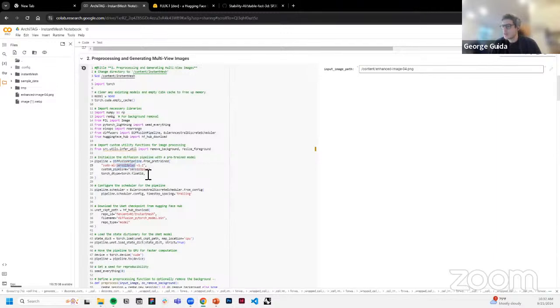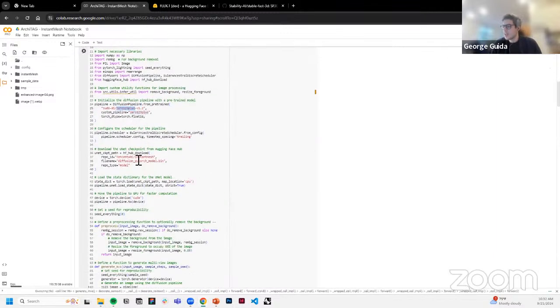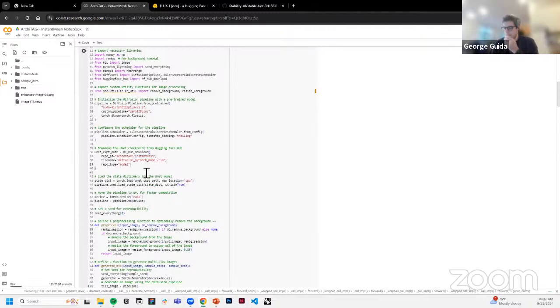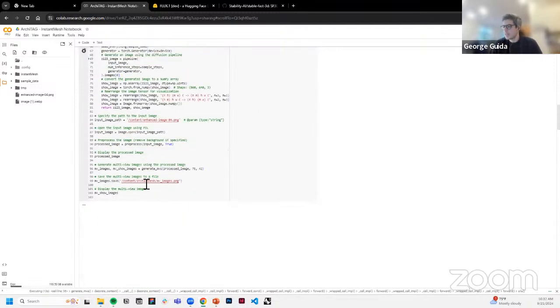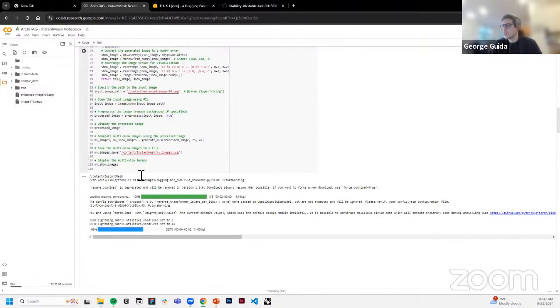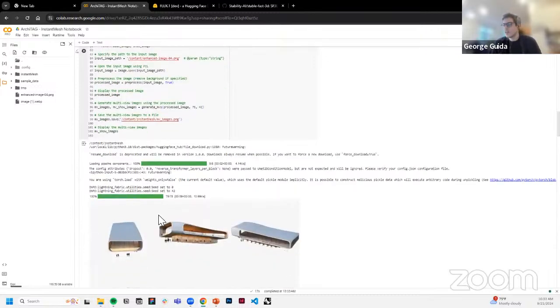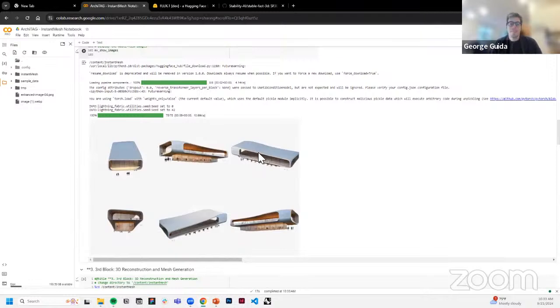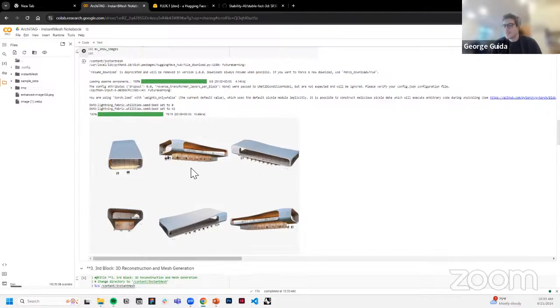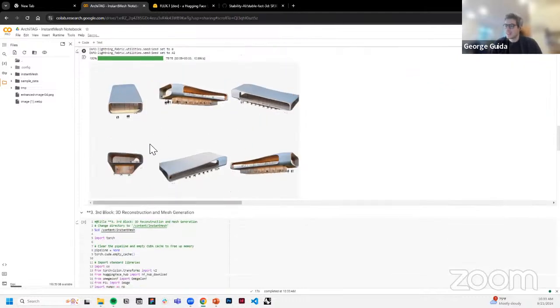We're using Zero123 Plus, and we're running Instant Mesh. Essentially it's going to download the weights of these models and generate that multi-view process, generating these different images from different perspectives of that building in this case.